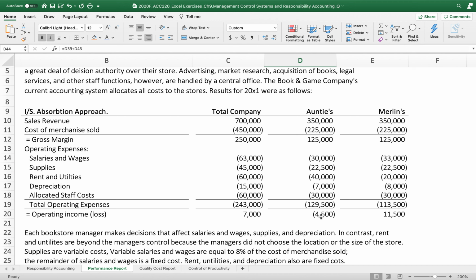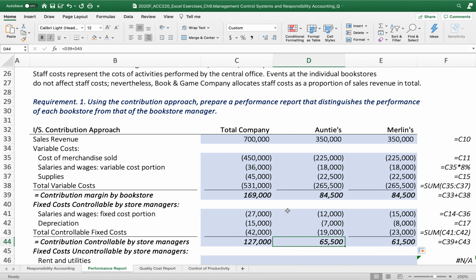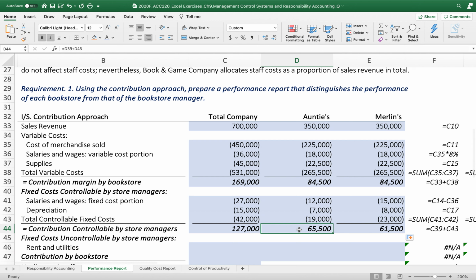So the responsibility of this lower operating income is for this Untis result. But when we measure the performance by store managers, we identify that the Untis store managers did a better job than Marines, because